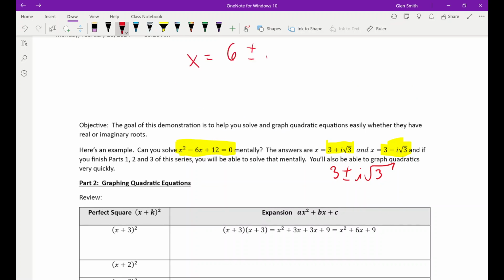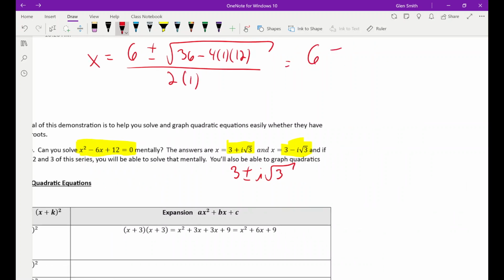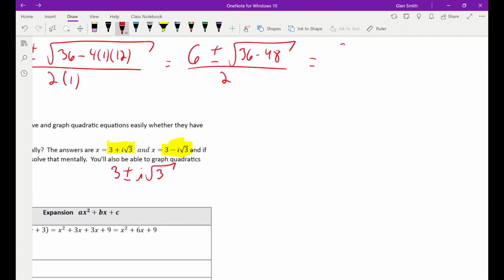It's negative b plus or minus the square root of b squared minus 4ac, all over 2a. And then you can simplify all that down, which again is not terrible for this. You get the square root of 36 minus 48, over 2. Let's keep going over here. This whole process, blah, blah, blah. That's negative 12. If you remember, it's negative because of the subtracting in there, that's going to give me imaginary roots, which we see. This is 6 plus or minus